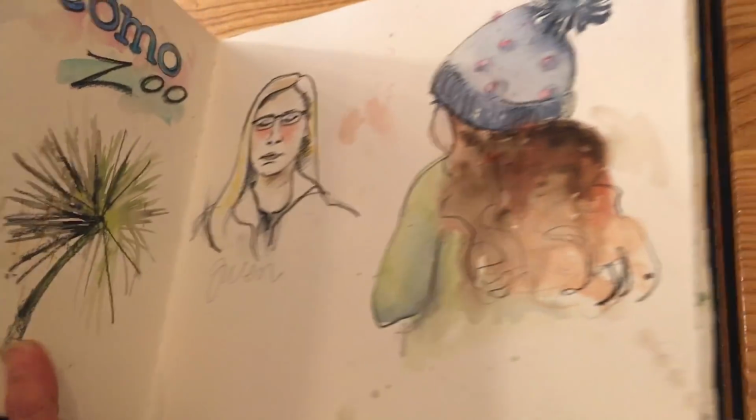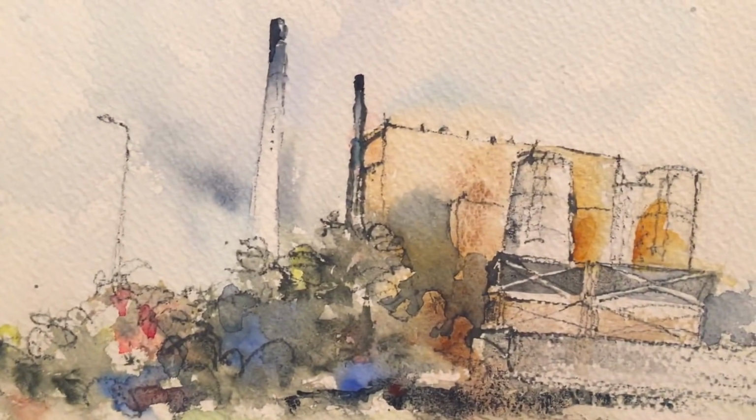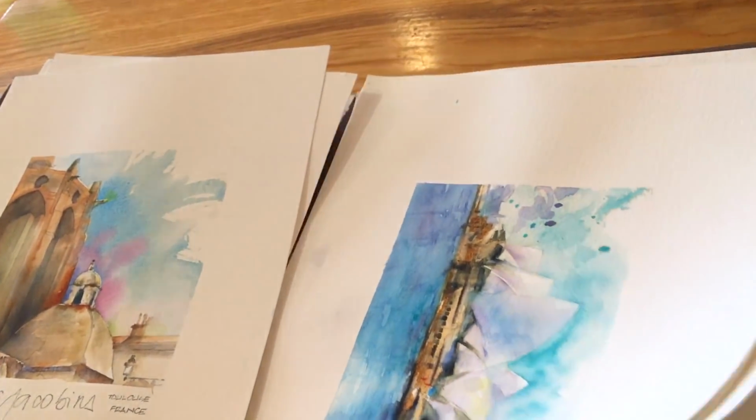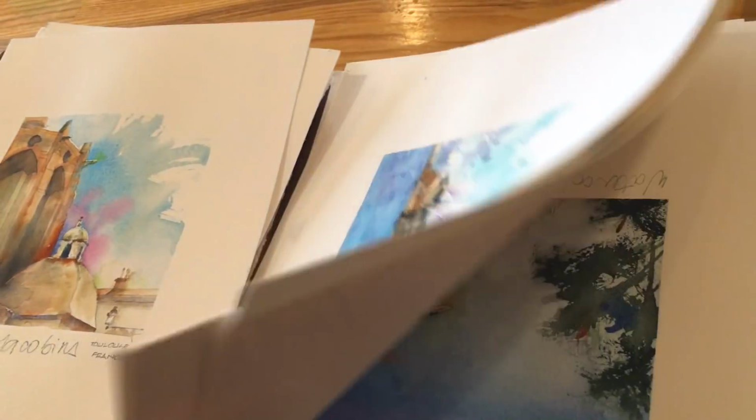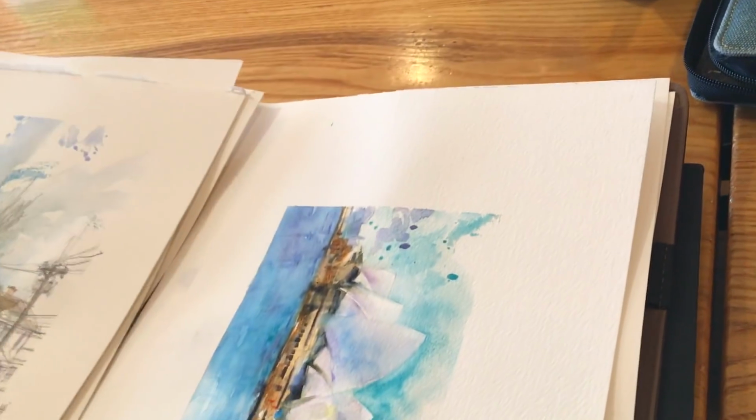And then I started collecting pages, like this one here. So this isn't really a sketchbook per se. It's just more like loose pages that I used to carry. Some were made in studio. This was on site. So what I do is I just mask some tape around. You know, this one here was done last time we met at Minnehaha Avenue. But you know, it's not so...